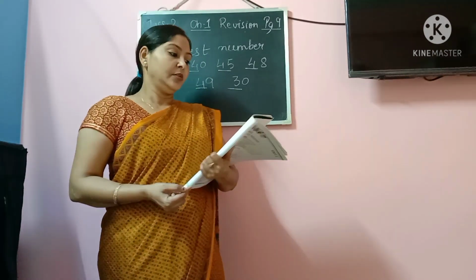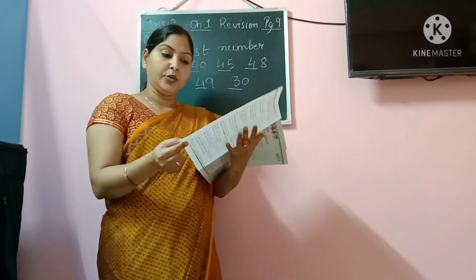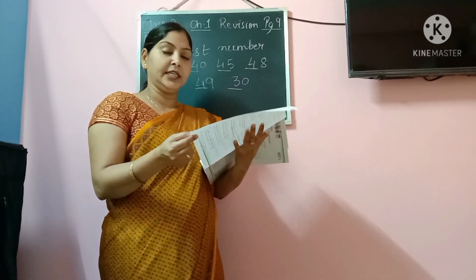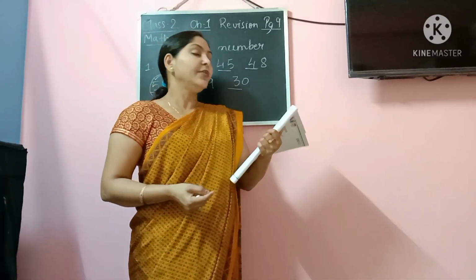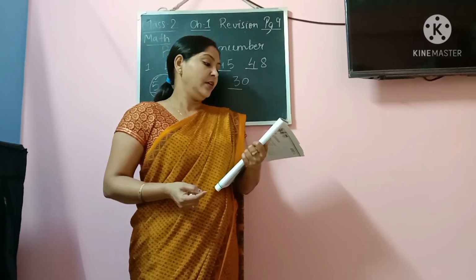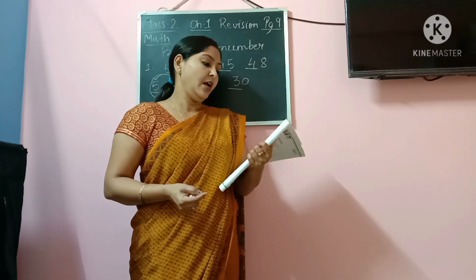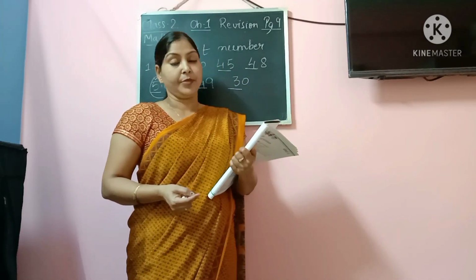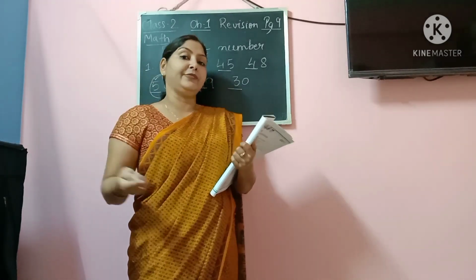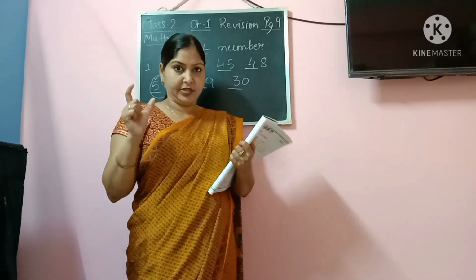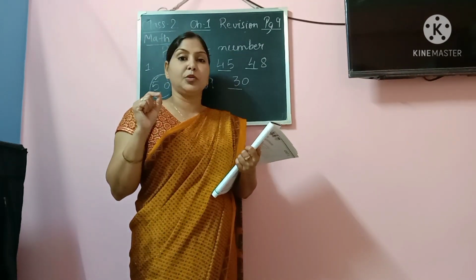Next question. So what did I say? The first one is addition, already done. Second is also addition. Third is also addition. And fourth one is also addition. Okay. Now we come to the next question, number 5. Ratan had 53 pencils. He gave 21 pencils to Rita. How many pencils are left with him? Now here the question is changing. Okay. Now how much is left? When the word left comes, then in this case we have to subtract.